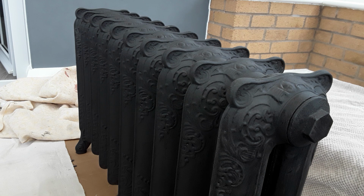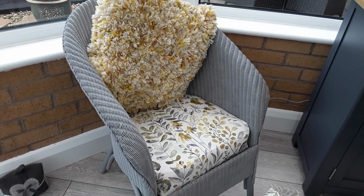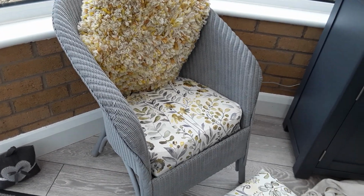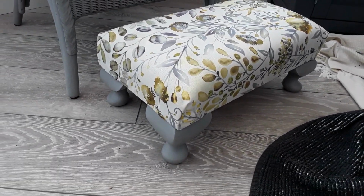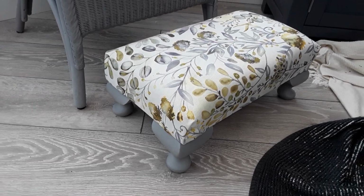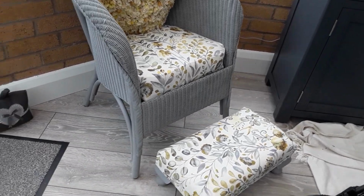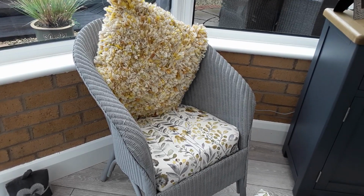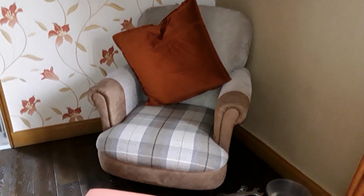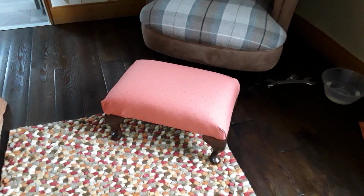So this is the chair that we did, changed the colour scheme, new seat covering there, and here's the finished object from the stool. Now this is more of a pine effect legs, and of course the material was very old, but that now blends really nice in the conservatory. There's somewhere to sit to put our shoes on. Now she did want something that we could have a footstool in here. This is the slightly bigger one, the one she bought back, and there are the legs now,